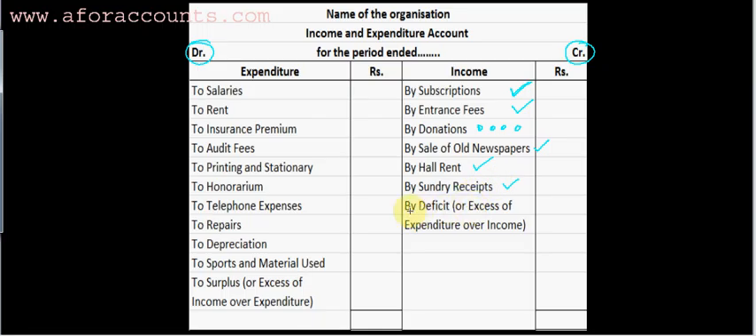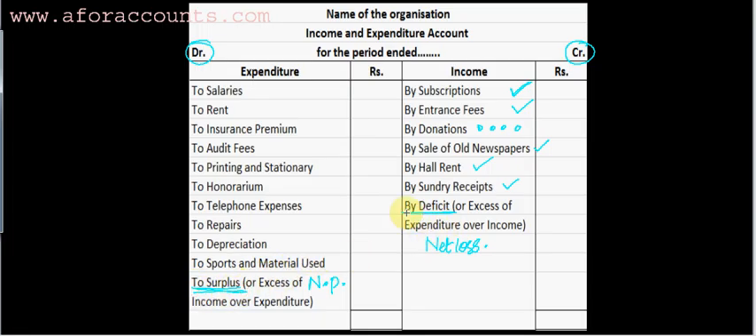And deficit is in case you have a loss, that is, the excess of expenditure over your income is your deficit. So from this side it is surplus, which in the P&L would be net profit, and in the P&L this deficit would be net loss. Okay, so net profit in a not-for-profit organization is called surplus, and net loss is called deficit,